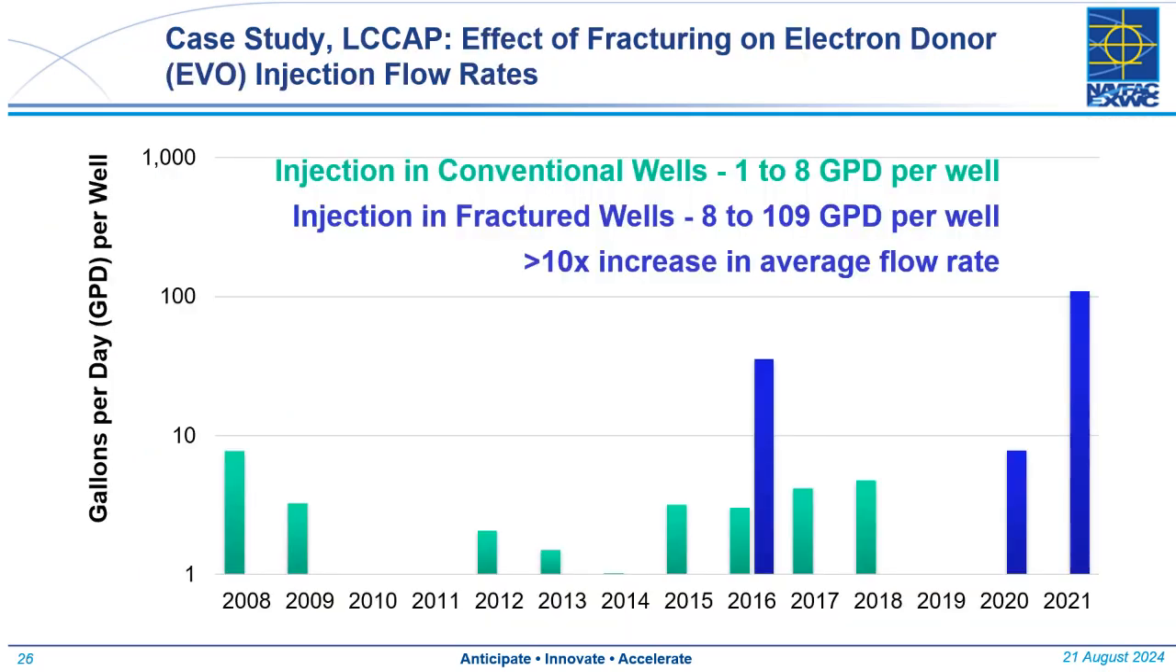This graphic shows flow rates for injected bioremediation agents. The green bars are the injection rates in conventional wells, and the blue bars are the injection rates in fractured wells. What we saw was that the fractured wells' ability to accept what we were injecting was at least more than 10 times increased in terms of average flow rate relative to the conventional wells. So we're able to get a lot more stuff in the ground and get much better distribution in this low